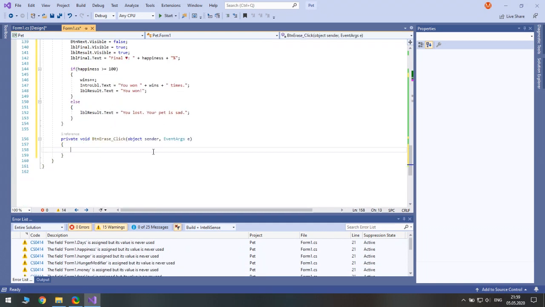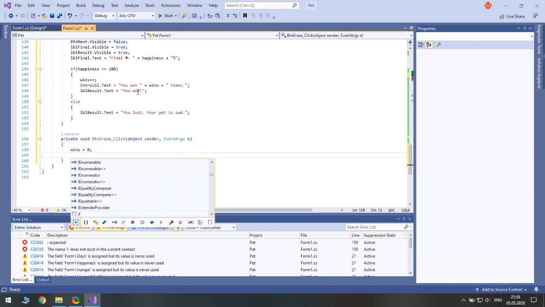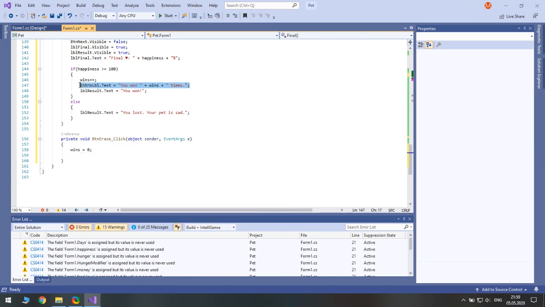If we click the button, wins equals 0, and we update the intro label text. I just copy it from here. So you won, and we could leave wins or we could type 0 just in case.